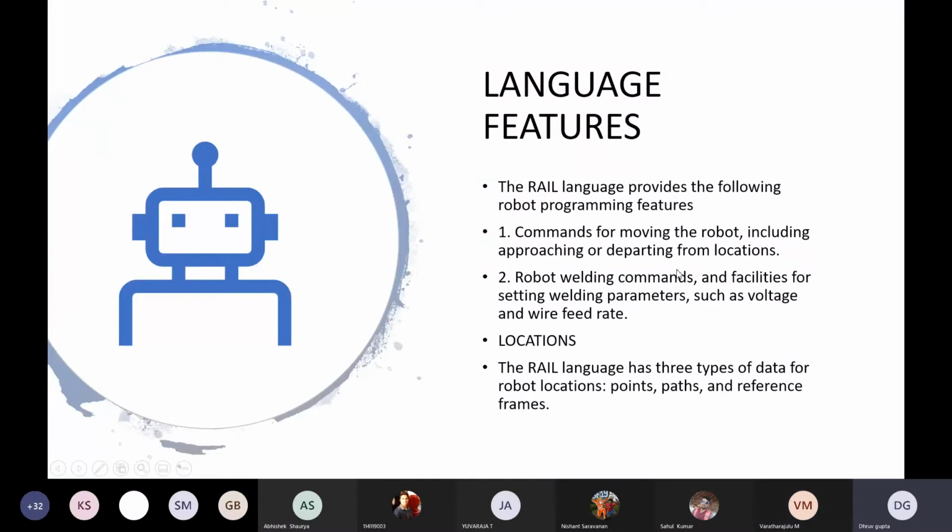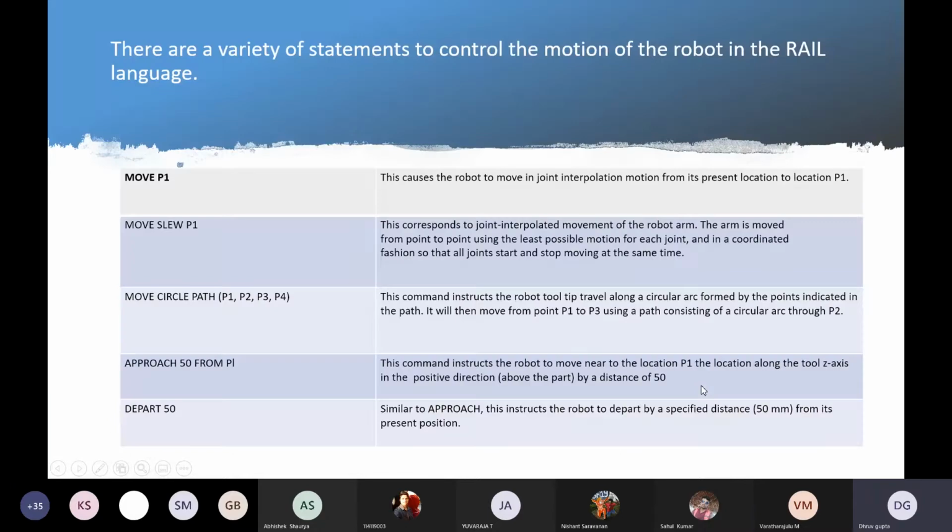It provides commands for moving the robot, including approaching or departing from locations, robot welding commands, and facilities for setting welding parameters such as voltage and wire feed rate. As I told you before, it was basically for welding. It has three types of location: points, path, and reference frame.